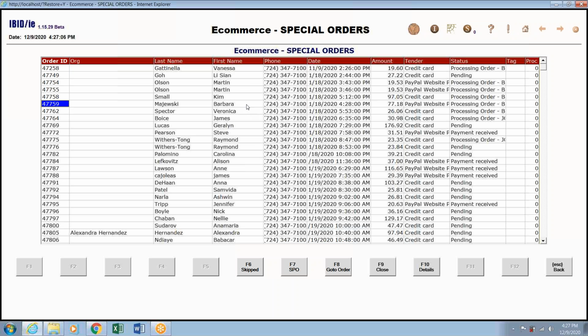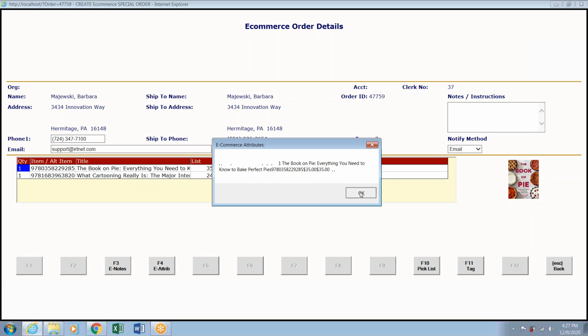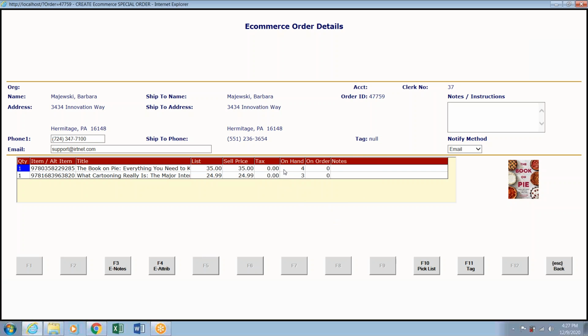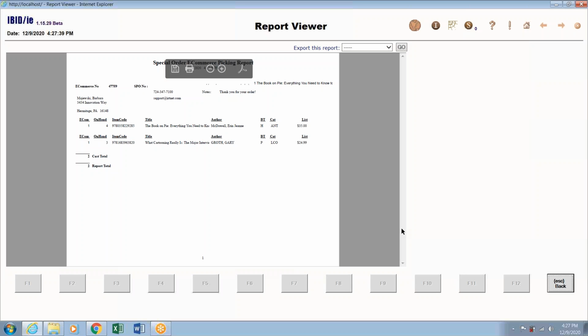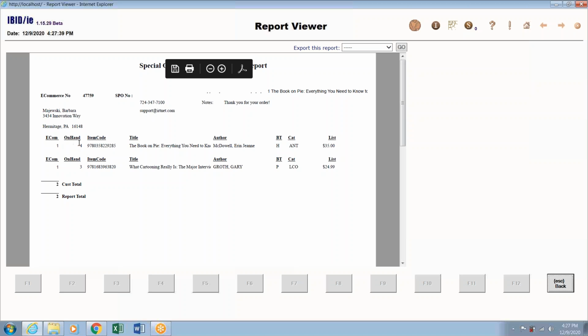So on this one, what may be the normal course would be to check each of these. So we go to the details screen and we check it, and oh, this one we can fill from store inventory. All right. If I want to see the notes, those are the notes. The attributes, those are the attributes. But one of the things that I can do is, oh, this one can be filled with store inventory. So from the details screen, I can simply print a pick list. And the pick list, blow it up here so you can see, will have the notes information,